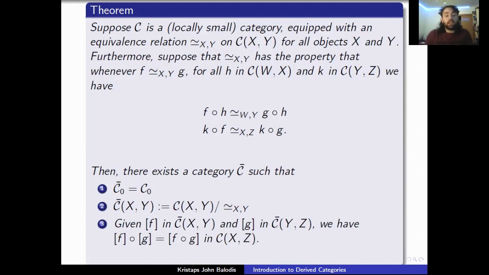And then finally, we should have, if there's any sense in this world, suppose we have the class represented by F and the class represented by G, then we're simply going to define the composition as the class of F composed with G. And finally, there's a full functor, meaning simply it's surjective on all of the sets of morphisms from